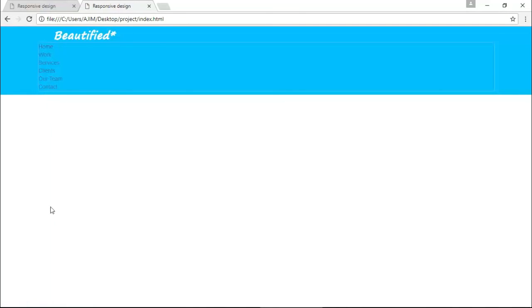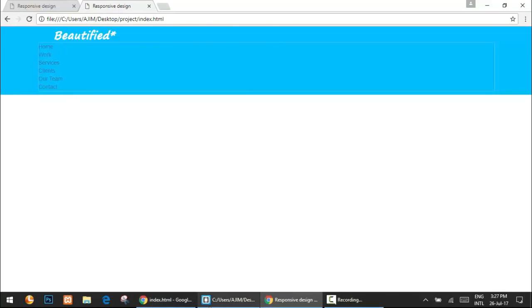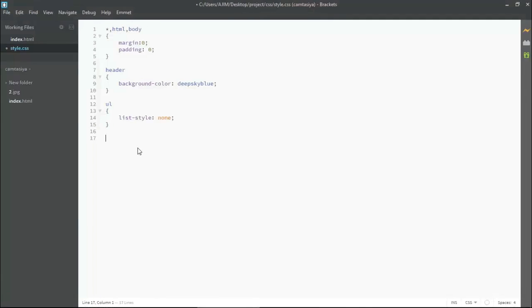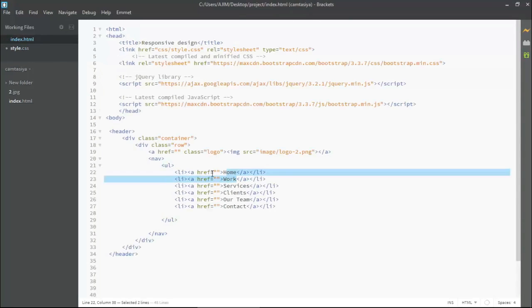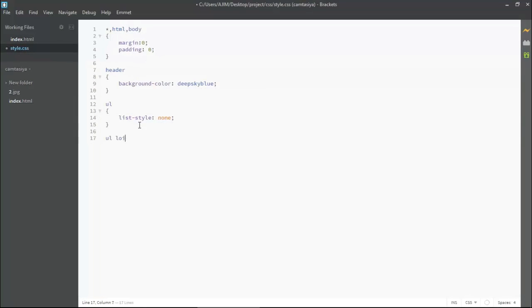Now we have to put it in one line. You can see all are coming one by one. So it is looking something weird. So we have to put it in one line. So I'm coming here and just coming down, and you can see all the menus here are available inside the li. Okay, so the code will be nav ul li. I'm coming here and mentioning nav ul li. Now I am putting some display. So display has lots of properties like block, flex, grid, inherit, inline. So for now I am using inline-block.